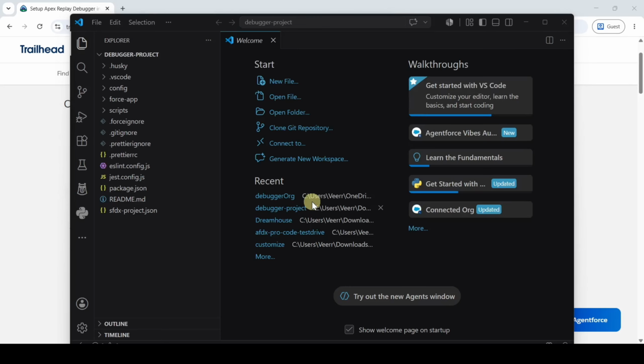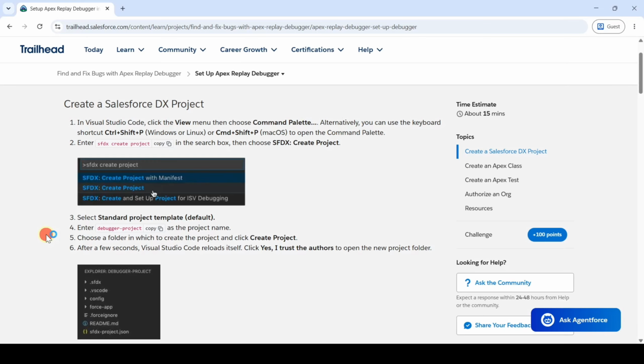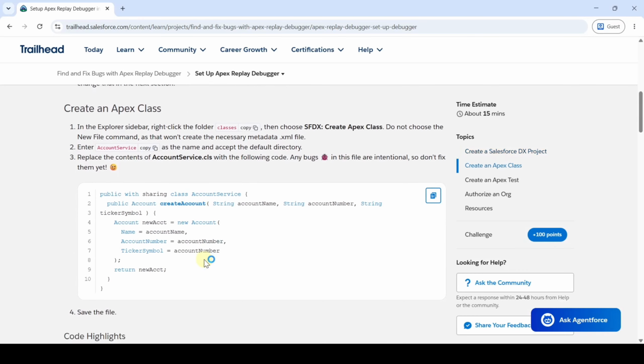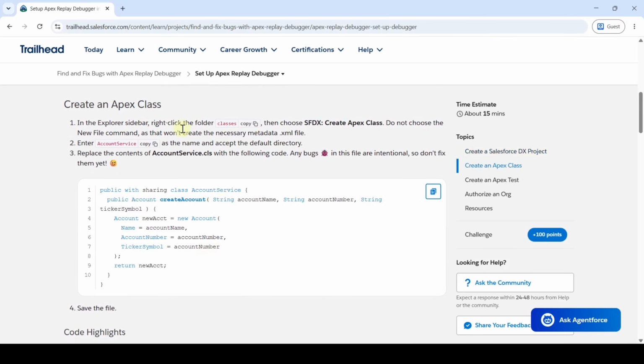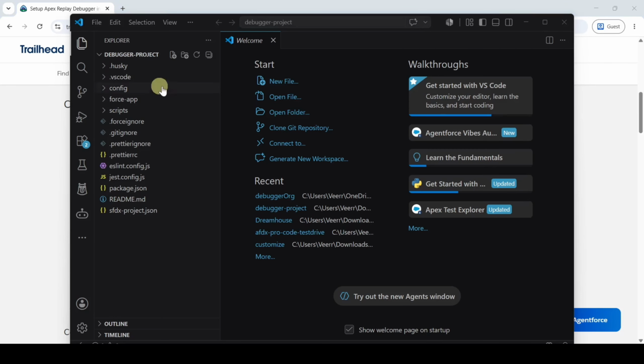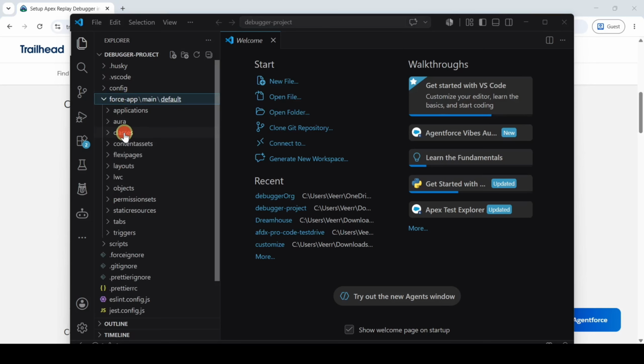So the project is created successfully, and then we need to create Apex classes. The first Apex class name is AccountService. Copy that Apex class name and move to Visual Studio Code. Here select this force-app folder and then select classes. At first the classes folder is empty.